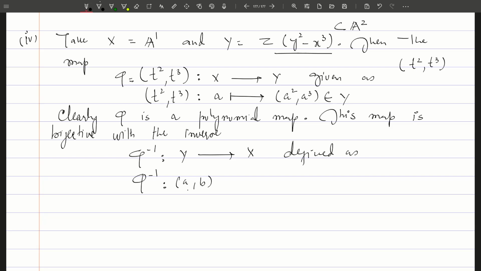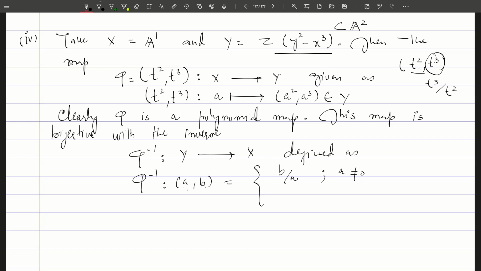So now this element comes from when we give t as an input in the map phi. Now from this point A, we want to get back the point T. To get back the point T, we have to take T cube and divide it by T square. So this map is actually given as B by A if A is not equal to 0,